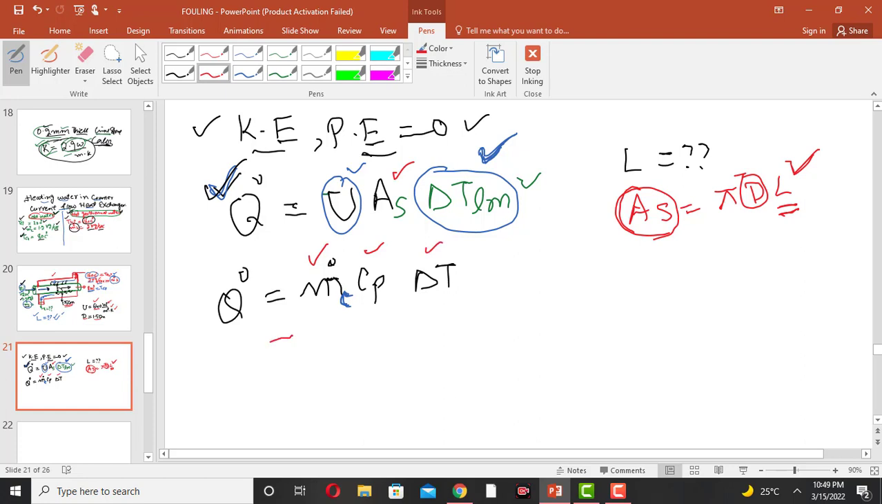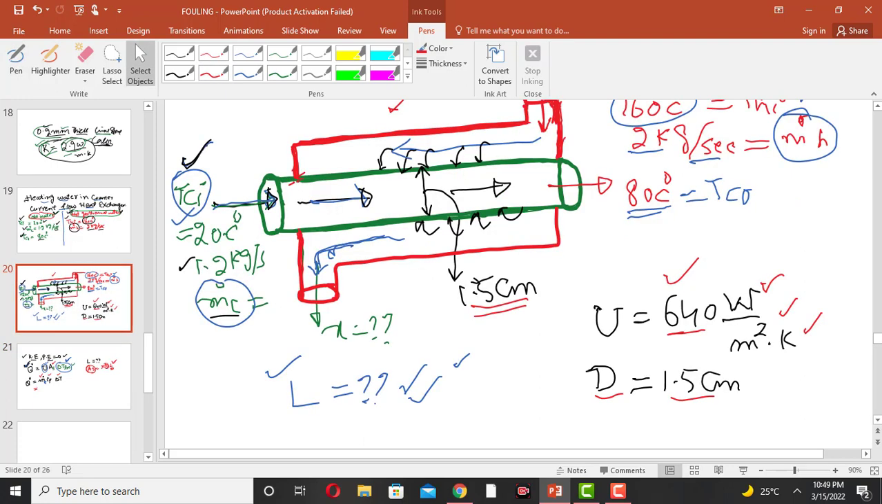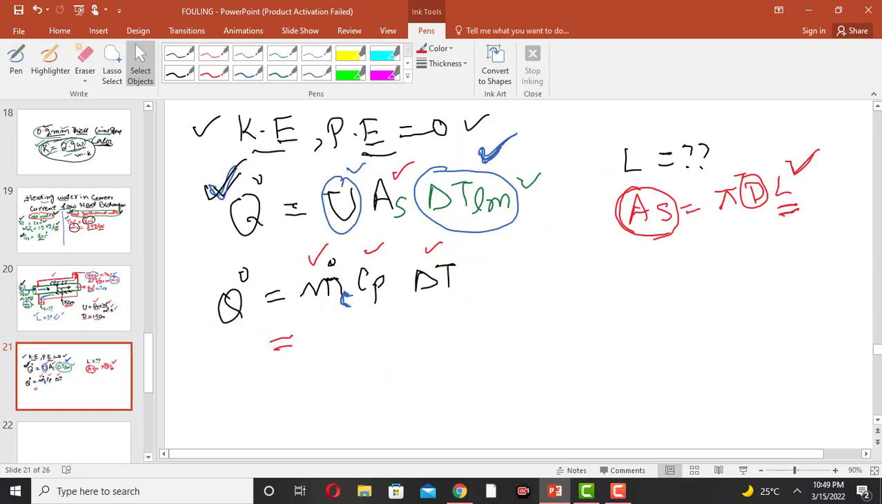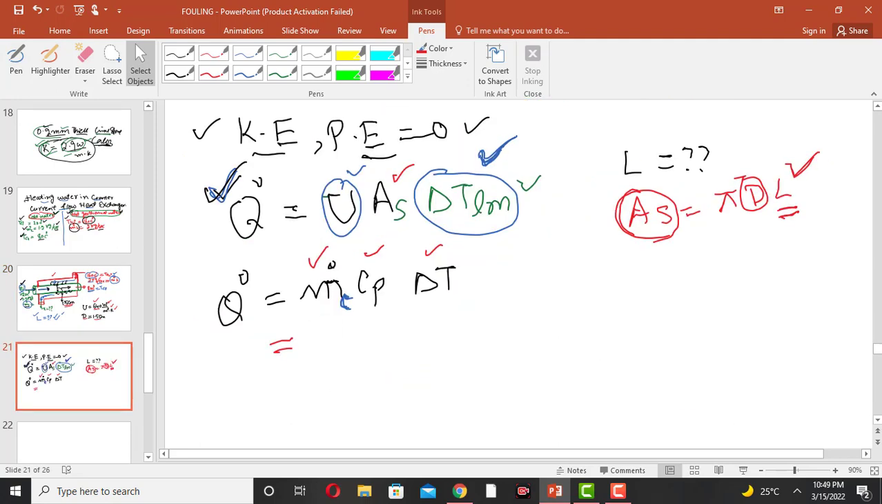So now the mass flow rate of the cold water is given to us. The mass flow rate of the cold water is 1.2 kilogram per second. And the specific heat of the cold water is